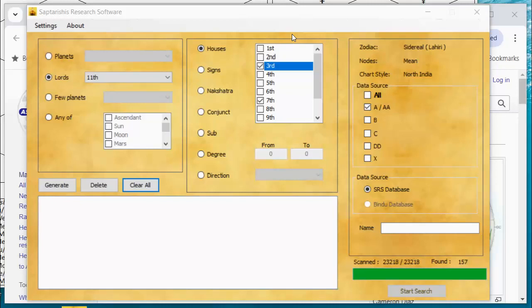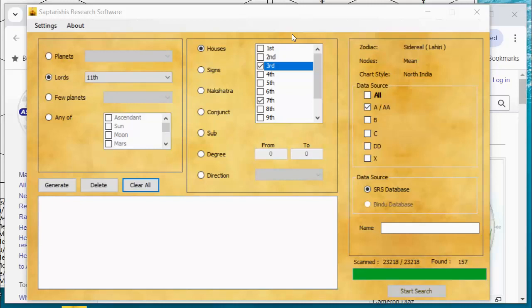If I plug that into my search feature, though, I'm going to get a whole lot of horoscopes. If all I say is that Moon and Jupiter would be kendra to each other, I could end up with, well, how often does that occur? Moon and Jupiter kendra to each other. If Jupiter's the static point, Moon can fulfill that in 4 out of 12 possible house or sign positions. 4 out of 12, that's 1/3.